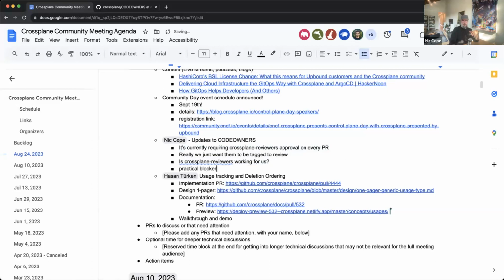I think more broadly, I'm skeptical how well the reviewers group is actually working, in that I'm not sure how often someone gets added to a PR from the reviewers group and then feels a sense of ownership, but actually sort of does the first pass review there. So I don't have a solution in mind at the moment, just calling out that I don't think the code owners file is working particularly well at the moment, so it might be nice to figure it out at some other point. But this does kind of feel like a topic for a forum where the maintainers of Crossplane meet, which we don't actually have, but if we did, that would probably be a better topic for this rather than this community meeting.